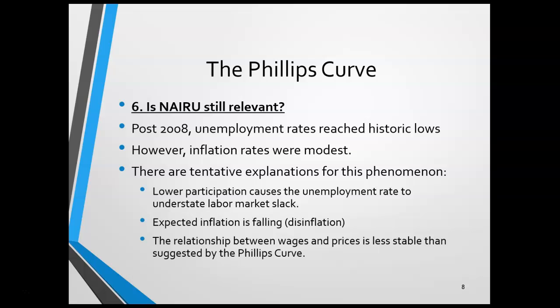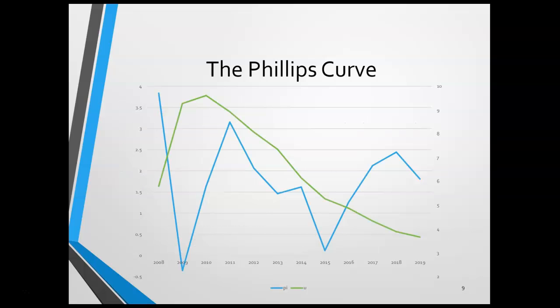Just as a final note, let me show you what this looks like in the graph. The blue line here is inflation year to year from 2008 to 2019 based on all consumer prices. And you notice that inflation, of course, during the recession itself was pretty low. But then in the years thereafter, it was lower too. We certainly never really reached the 3% we had in the 2000s. On average, we're coming out somewhere around 1.5%. But even in 2015, inflation was very low. And in 2019, oddly enough, despite very, very low unemployment rates, the inflation rate actually decelerated again. That's not really in line with what the augmented Phillips curve suggests, which has given